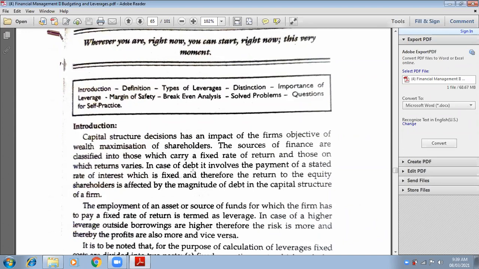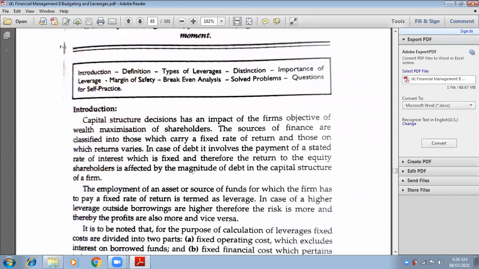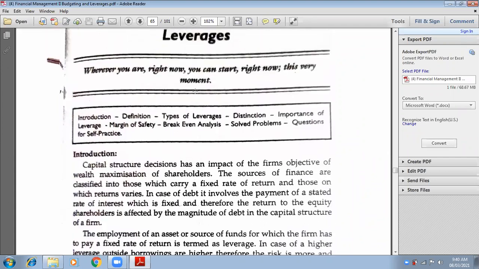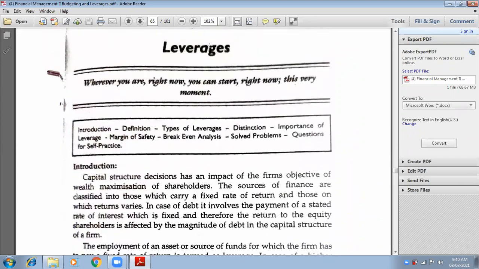So the structure that a company needs to form, a capital in an appropriate way, can be understood through leverages. The process of leverages will help you decide the capital structure of the company and will help you understand how much is your profit, what is taken away by the borrowed fund holders, and finally what is left over with the shareholders of the company.